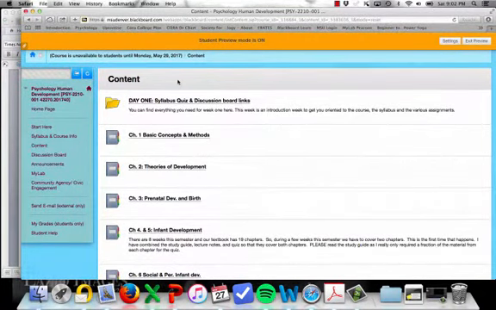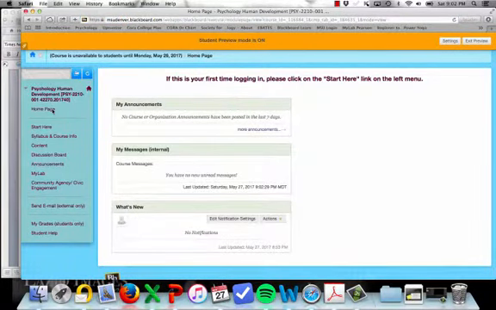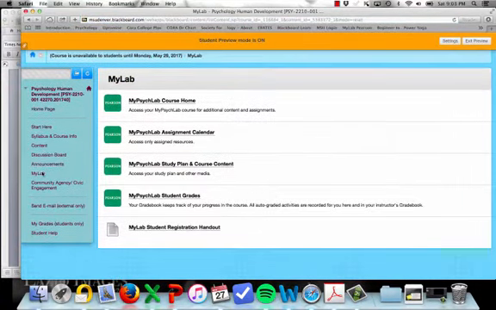All right, let's go over to Blackboard and we'll take a look at some of the content that I just described. First, I'll show you MyLab and where the ebook is. So this is the home page, and this is the same perspective that you will have when you enter the course. Over here on the left side are all the tabs. Here's the MyLab tab. There's other links to MyLab throughout Blackboard as well, so it's not the only place.